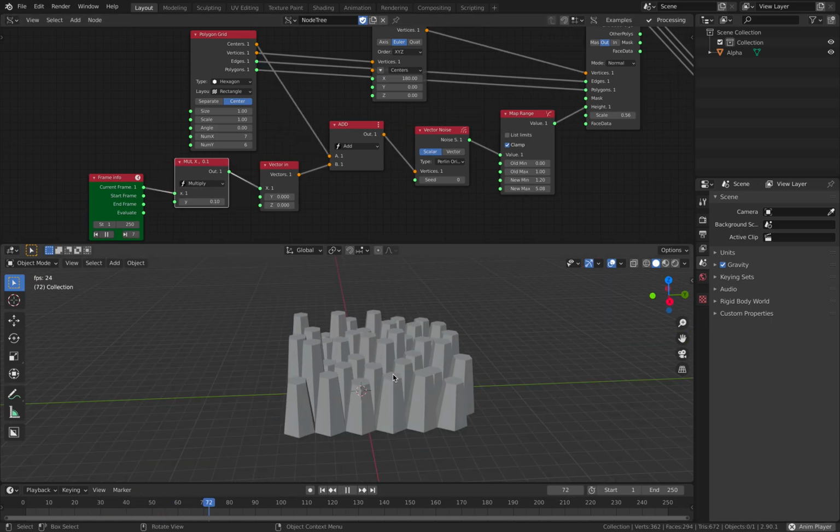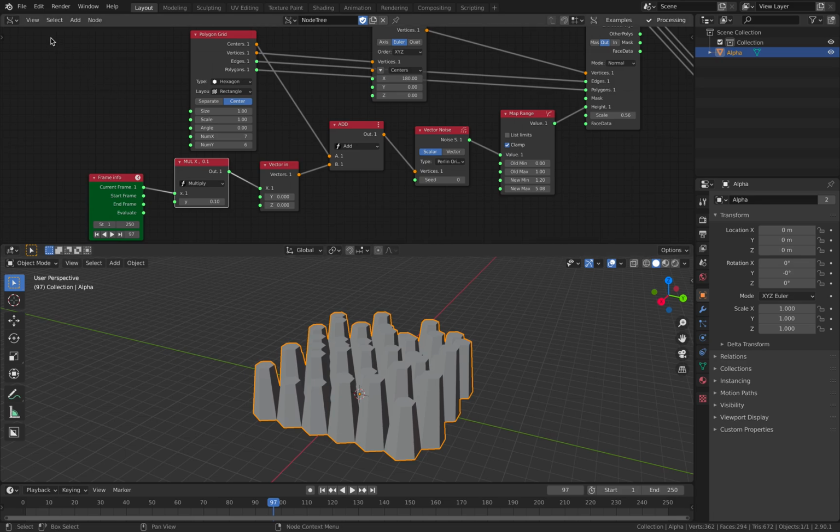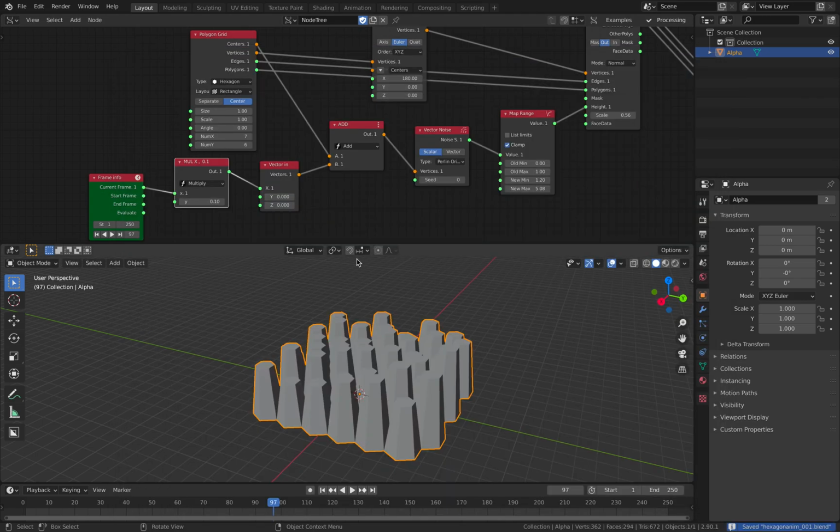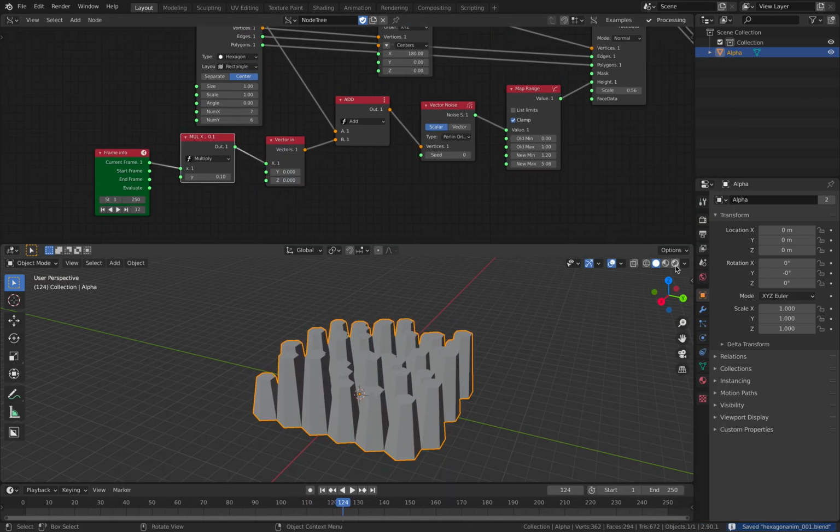So now we have these animations, and we can bake this very quickly using Alembic. So let's save this as hexagon anim. Okay, so